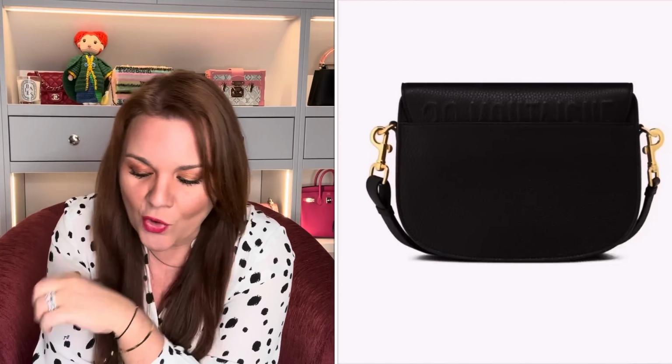The first is the medium Dior Bobby bag. We did talk about the East-West earlier, but the actual traditional medium in the Bobby bag comes in at £2,800. I think this is probably quite a good crossbody everyday bag if you can get beyond what the closure looks like. And the small 30 Montaigne bag, which is also a bag the house would be known for, also comes in at